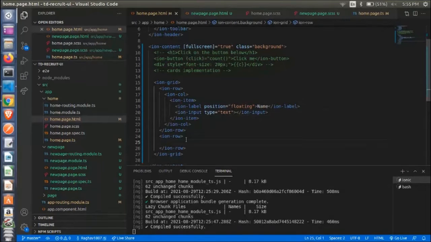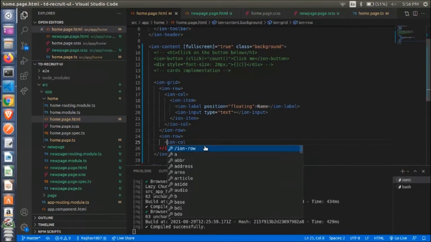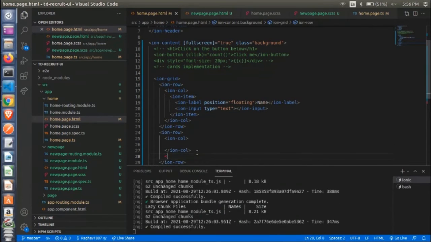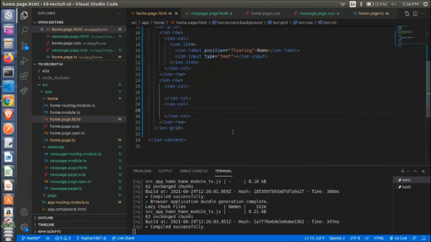So now let us create our second row. In our second row, we will be specifying two ion columns.